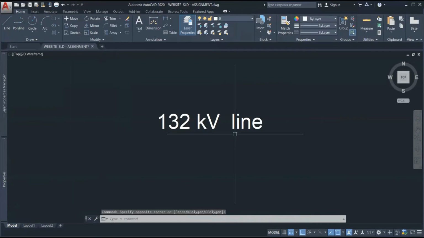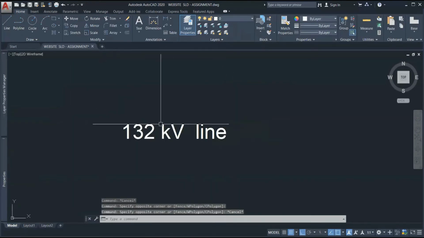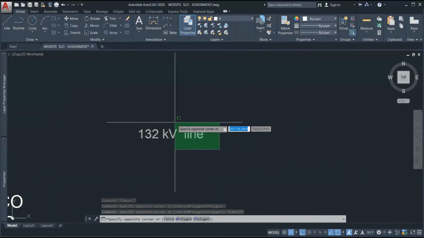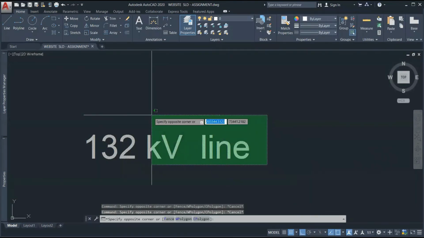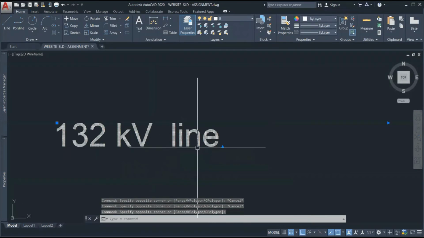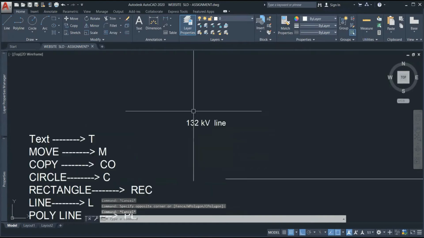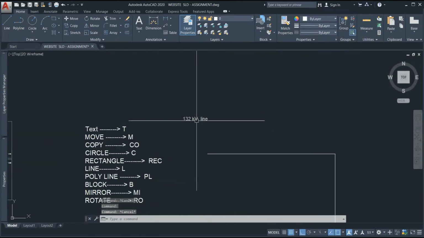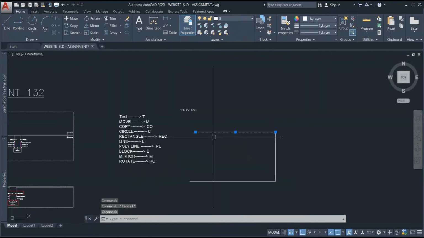If you want to select everything in this portion, in this object, if you use the green one, just click once and go to the left part. By selecting just one point of the object, it will select the whole object like this. And there are so many objects, like this text box is one object, this text object is another object, and this line is another object.